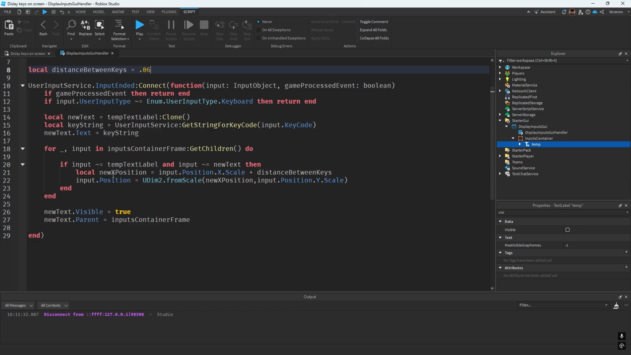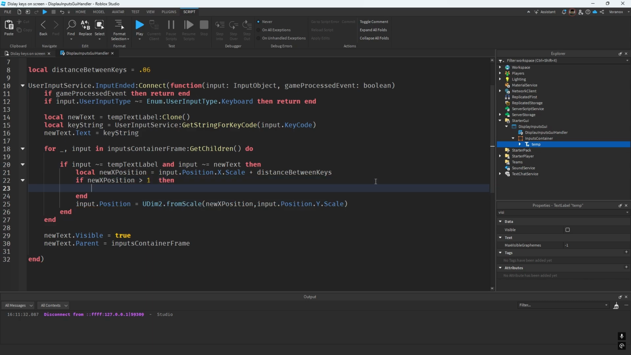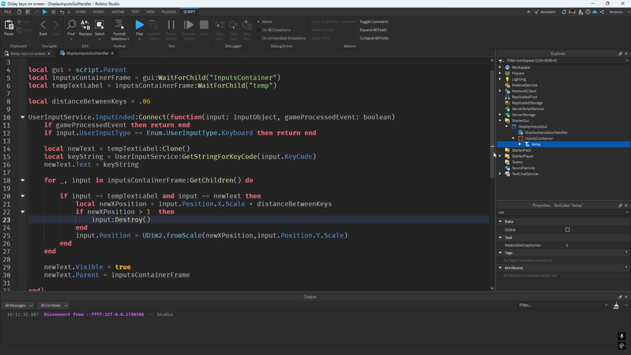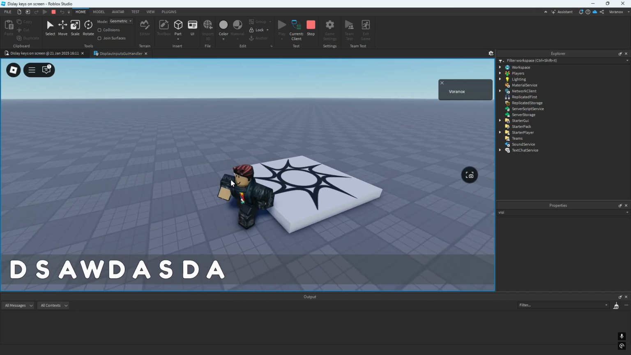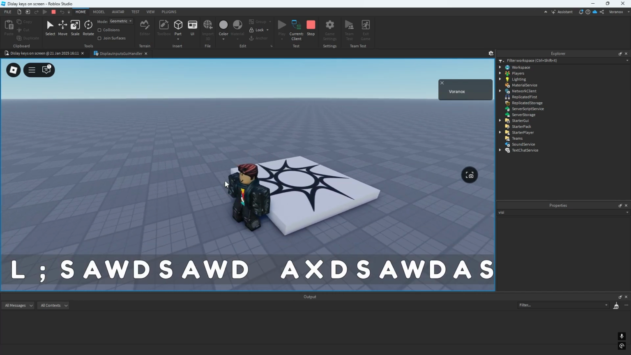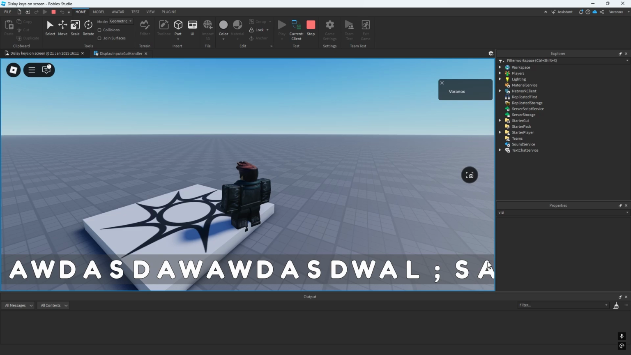So we want to check the new x position and say if the new x position is greater than 1, then destroy the input with :Destroy(), and also decrease distanceBetweenKeys to be 0.05. And now if we test, every input we press is showing here, and as soon as the input gets out of the screen, it gets